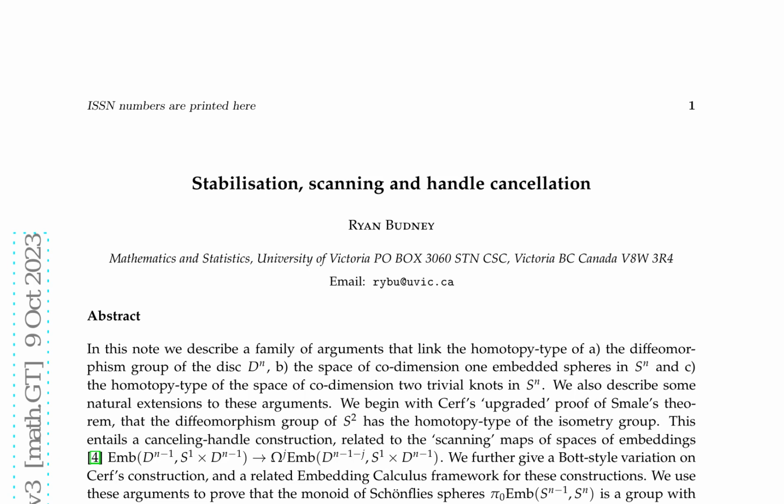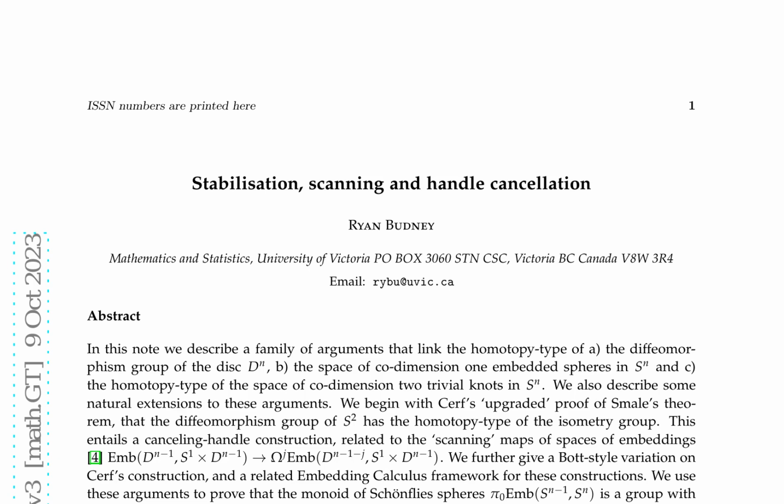Cerf's techniques have far-reaching implications, providing more comprehensive results than his stated theorems. For instance, the diffeomorphism group Diff(S^n) has the homotopy type of O(n+1) times Diff(D^n), achieved by considering Diff(D^n) as a subgroup of Diff(S^n) that is the identity on a fixed hemisphere. Similarly, there is a homotopy equivalence EMB(S^j, S^n) ≃ S^n × S^{n-j} × EMB(D^j, D^n), when